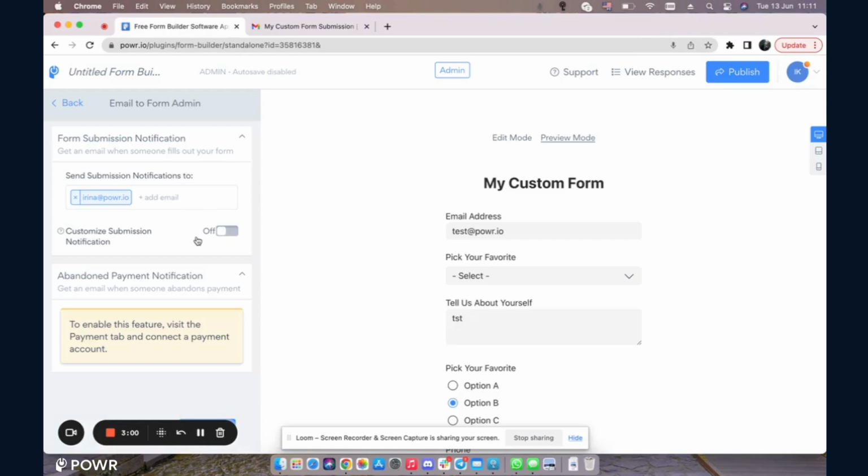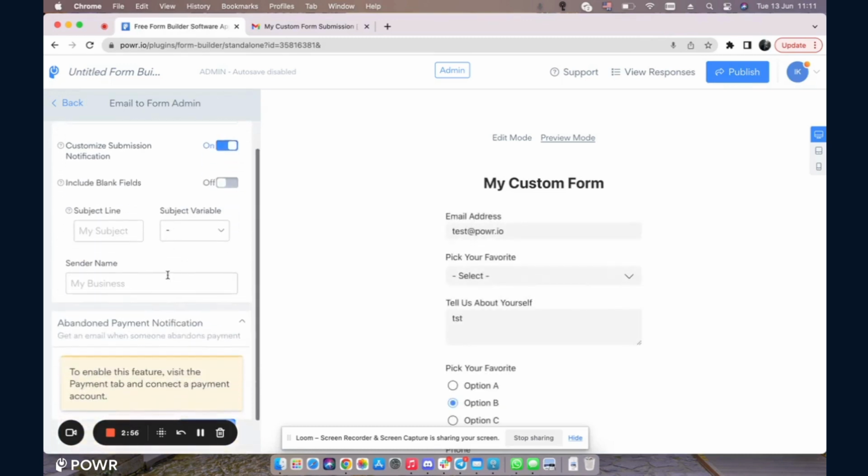To do so, let's go back to the editor and enable the customized submission notification. Over here, you can include the blank fields or turn it off. In my case, it's turned off. Also, you can modify the subject line of the email to make it descriptive and informative, like include any relevant information like the form title or a brief summary of the submission. Here I'll add